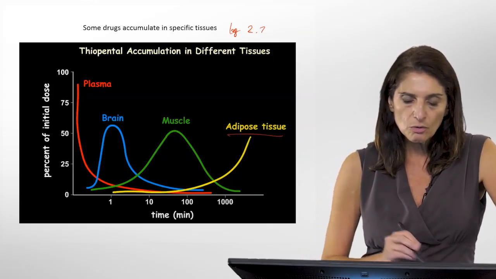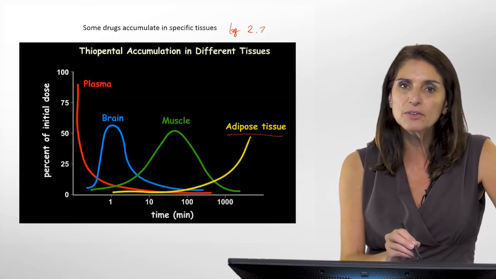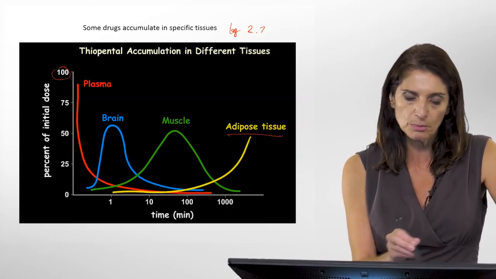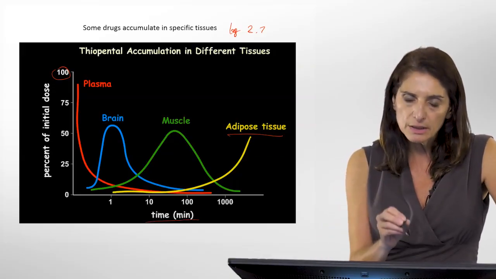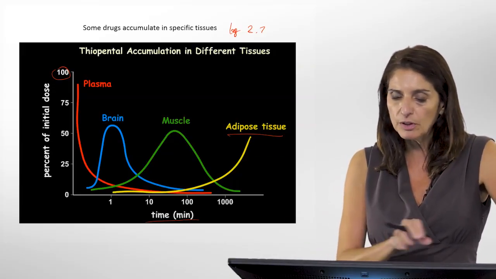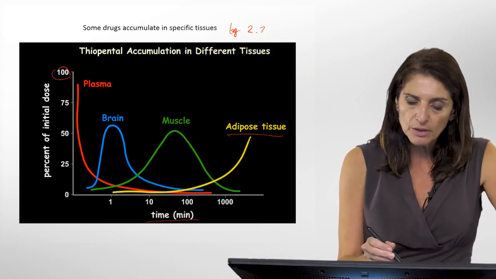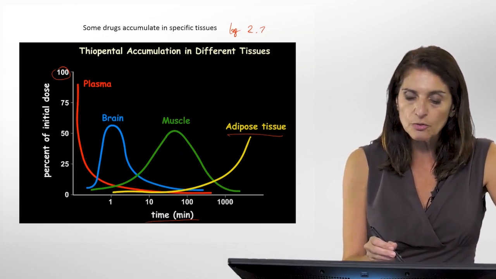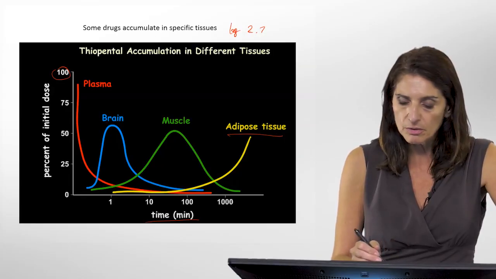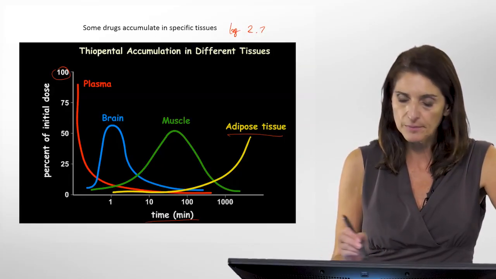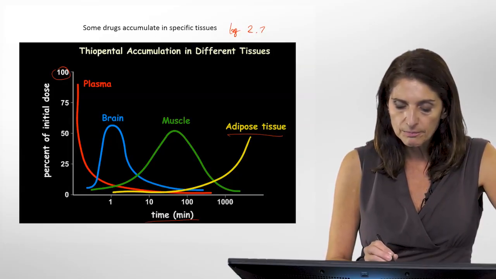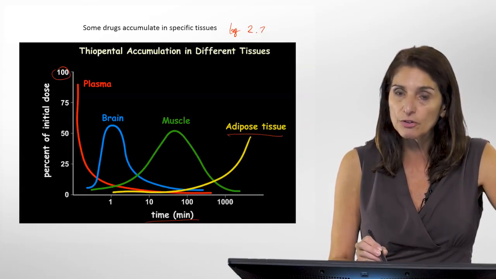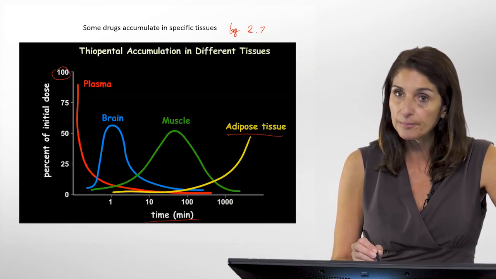And so if we look at what happens to an initial dose of 100% of the dose over time, and we look at the distribution in various tissues, we'll find that from the bloodstream, the concentration in the plasma goes down very rapidly. At the same time, we have an increase of the concentration of the drug in the brain,